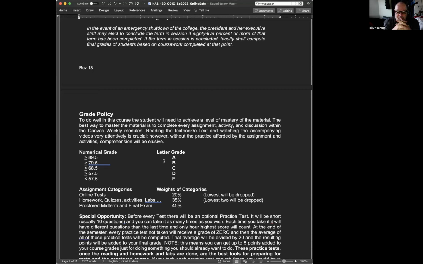So 20% is all those online tests are counting as, and we're going to have several of them, and we'll drop the lowest one, take the average, and that's going to count as 20% of your course grade. The rest of the stuff you do, quote unquote, online without any interaction or without Respondus is your homework, quizzes, labs. All of those are going to count as 35% of your course grade, and I'm going to drop your two lowest. Okay. Your proctored midterm and final will count as a total of 45% of your course grade, because again,